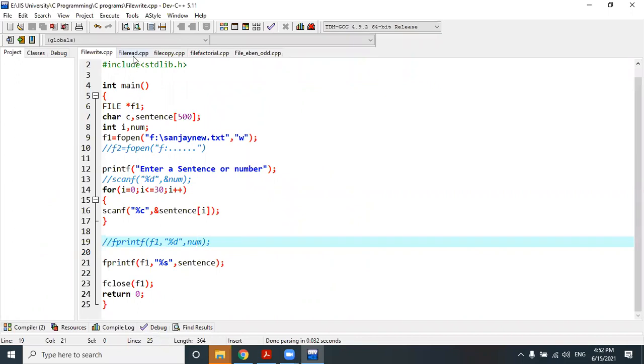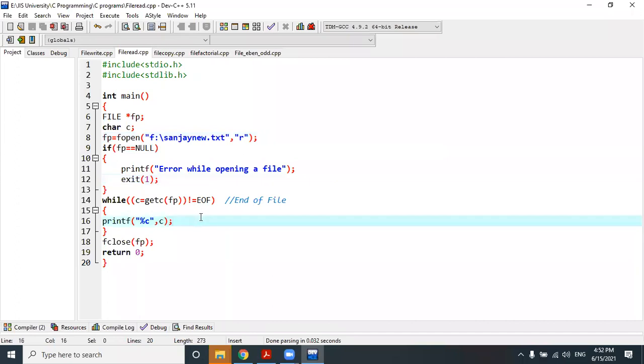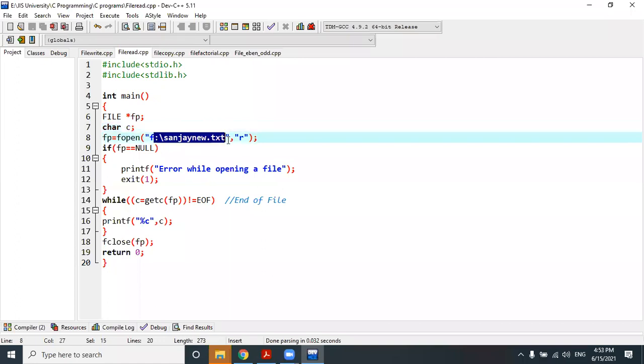Let's check about file reading operation. Here, to do file reading, I'm using some different function. Instead of fscanf, I'm using the getc function. Okay, because I want to show the use of a variety of different functions, right? So in file reading, again I'm taking the fp pointer, character type, file I want to read. So right now the Sanjay new.txt, obviously I have already told you file reading is only possible if the file exists in your system. Okay, suppose I'm using a file, suppose this one, Sanjay new1.txt.